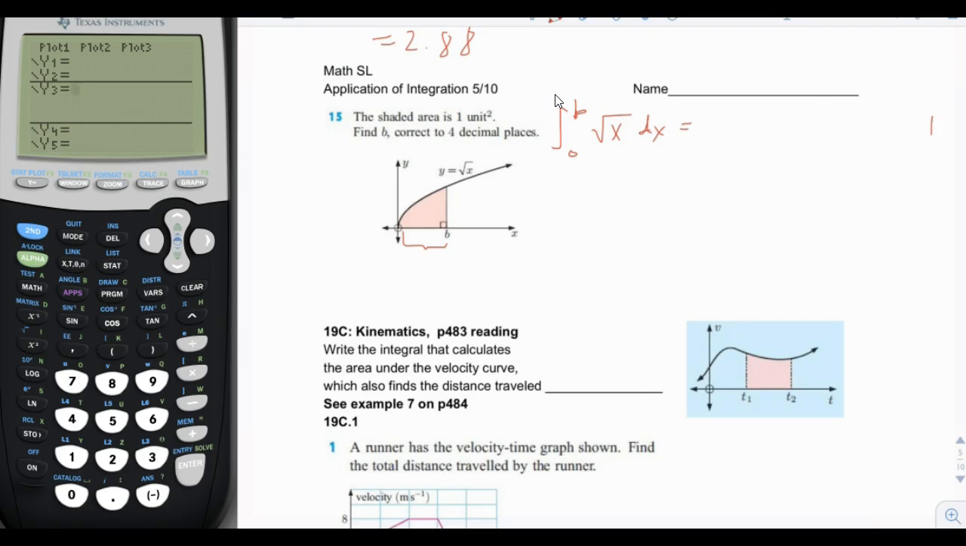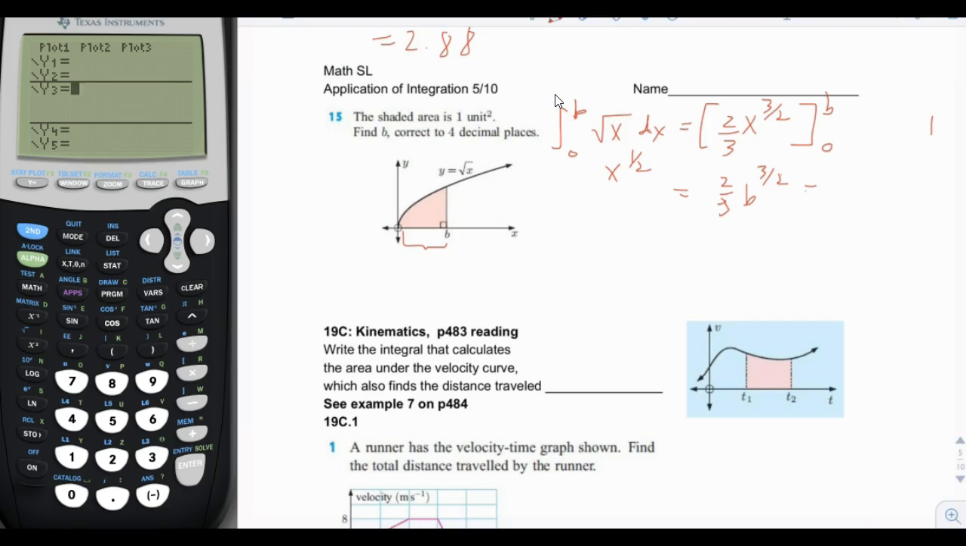And so let's take the integral. The square root of x is actually x to the 1/2. If I take the integral of that, it's going to be x to the 3/2 times 2/3. And then I'm going to evaluate that from 0 to b. So if I put b in there first, it's going to be 2/3 b to the 3/2. And if I subtract this with 0 plugged in, it's just going to be 0. So